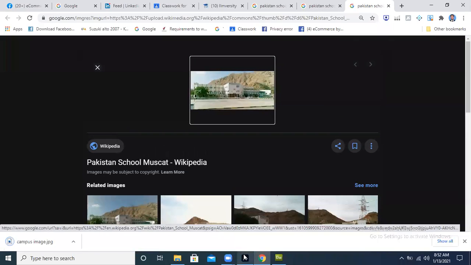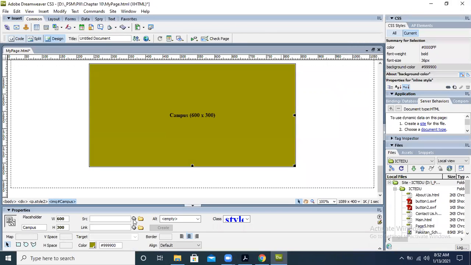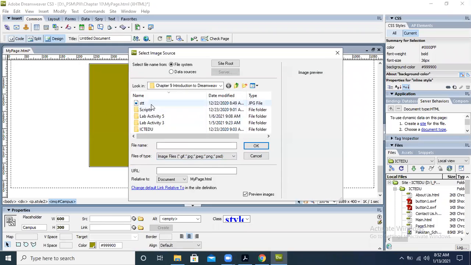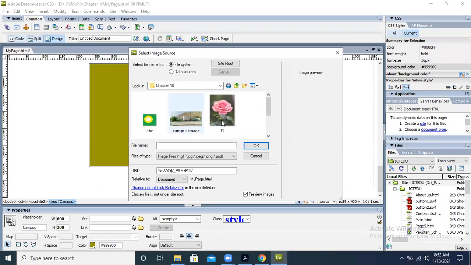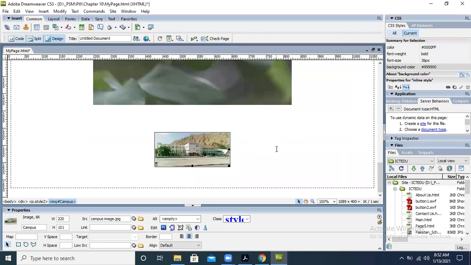Okay, now I want to use this image over here. So I will come over here and I will browse for the file. This file is available in my chapter number 10's folder. Chapter 10 folder. I will click over here. Now you can see that since the original size of the image is small, hence the placeholder has resized it. But what we can do, we can make amendment according to